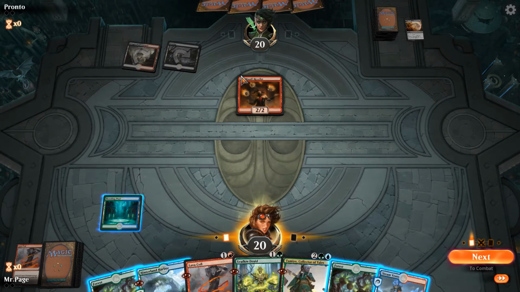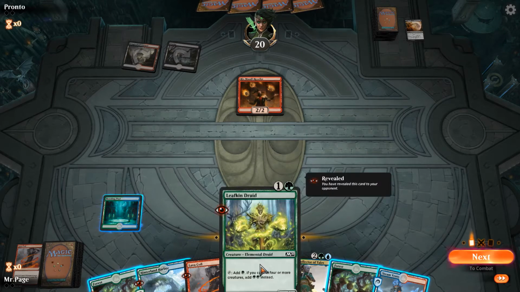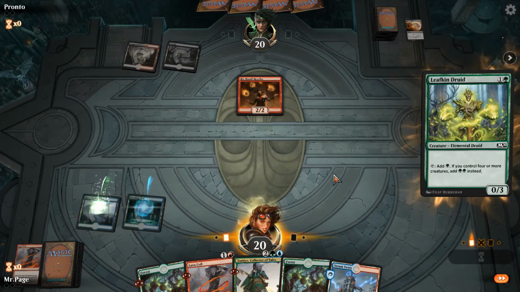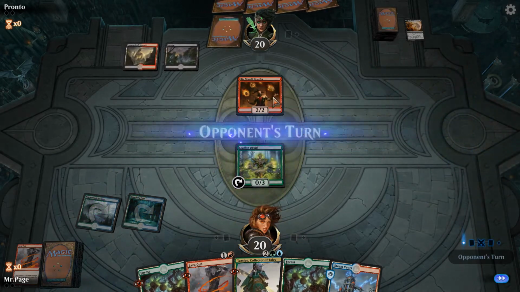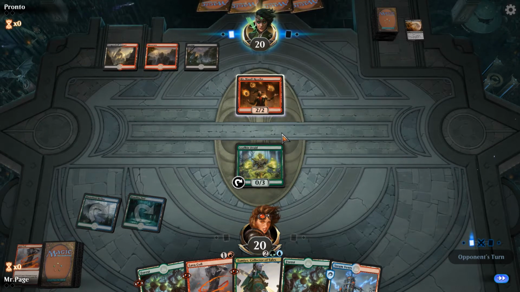There's a red. Do we just nuke this guy? It doesn't do anything now that it's out, so I think I'm just gonna ramp. That might be wrong. Like, he might be spectacling with other cards and we should have just killed that, but I guess we can block. It opens up more burn spells to kill our druid, but